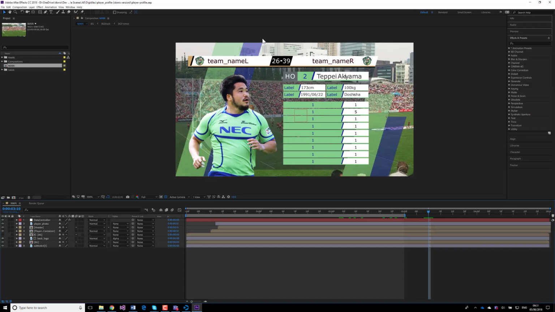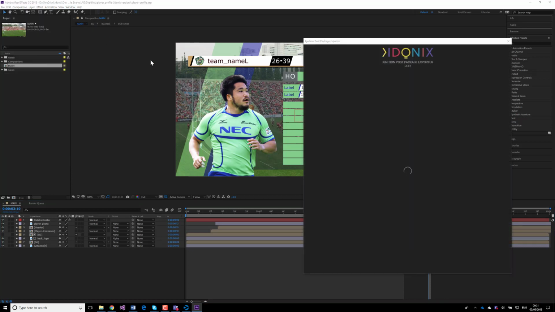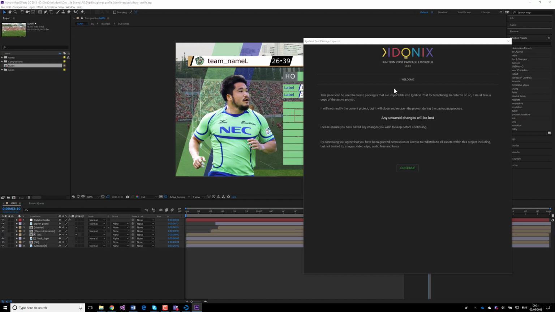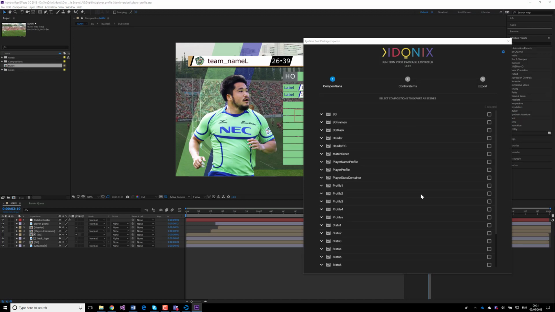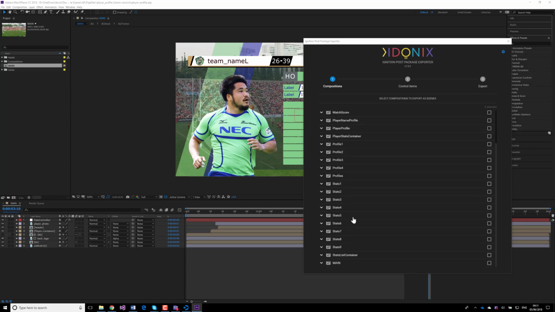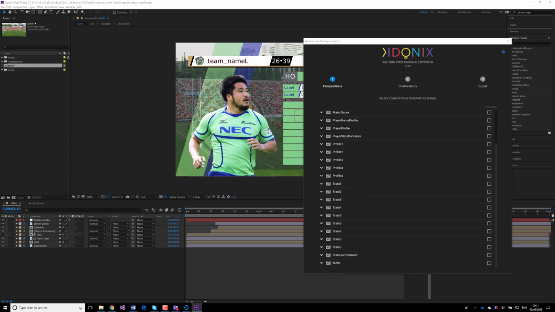So if we go back to After Effects and Window, Extensions, Ignition Post Package Exporter. So this is reading the After Effects project, and it's asking us first which compositions we would like to export. So we will choose just to export main,